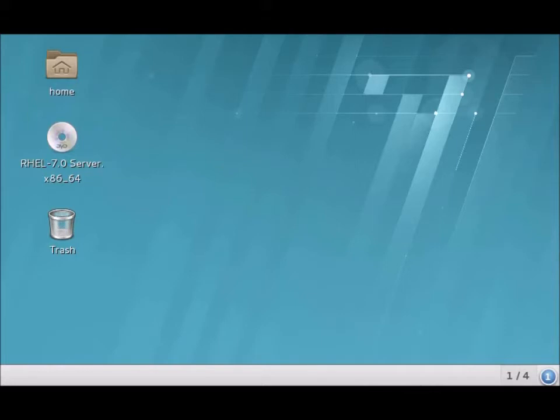Before we create a repository, we need to get all the necessary RPM package files. For this, we can use the installation disk. As we know, a repository is operating system specific, so we have to use the same disk which we used to install the operating system. If RHEL is installed, we have to use the RHEL installation disk. If CentOS is installed, then we have to use the CentOS installation disk. Let us insert the installation disk in the system and mount it.